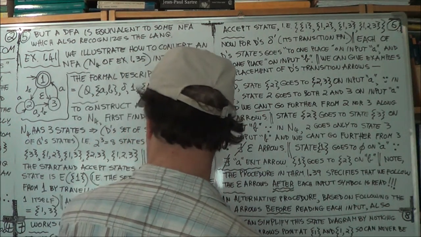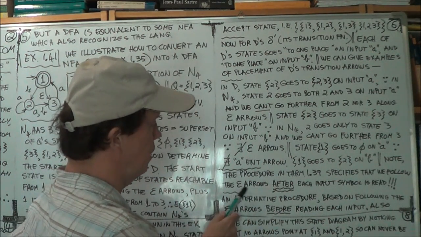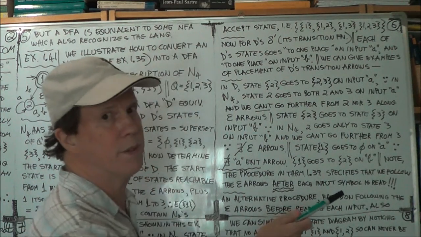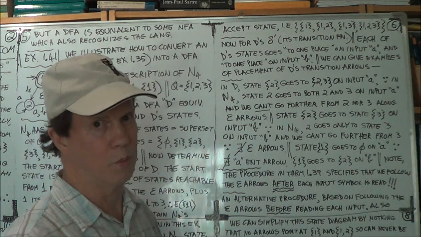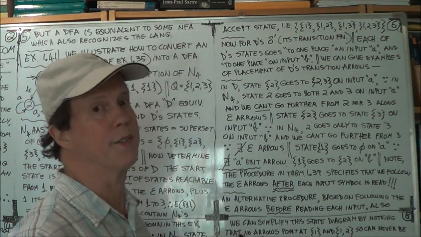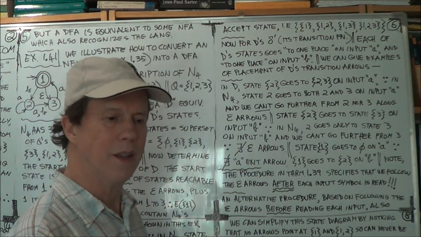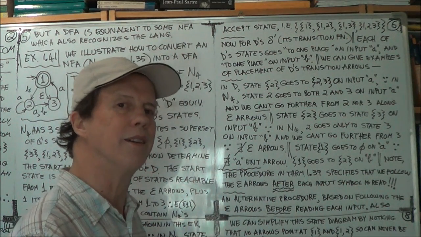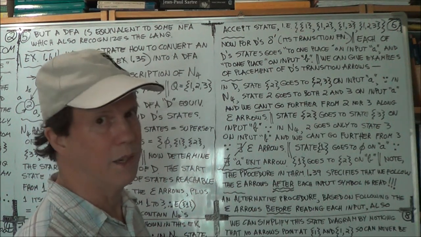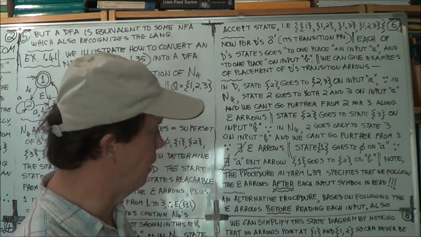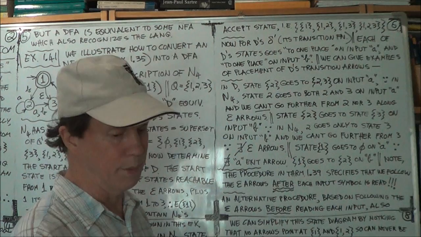Well, now Sipser does state these 2 ways: you can follow the eta arrows after you read the input symbol, or you can follow the eta arrows before you read the input symbol. And he says the 2 work equally well. He doesn't say why. So I said, there are more details. I think there's more here than meets the eye. There are more subtle details about this use of the eta than he's putting in the text so far. Anyway, so again, I just hope that by solving lots of problems, these